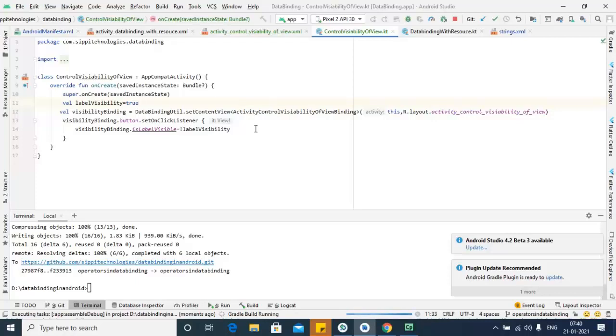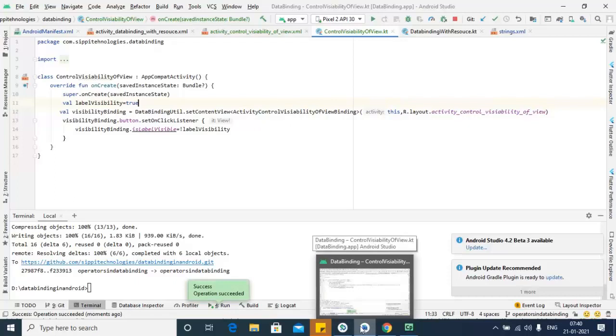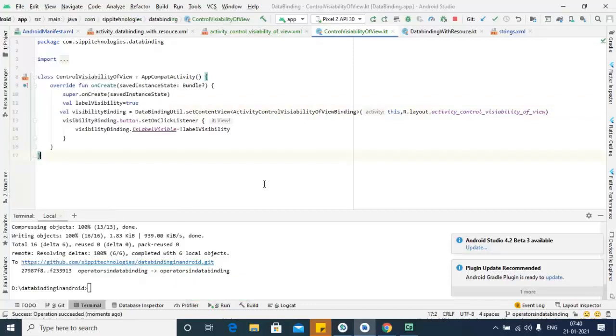If everything is fine, then you are able to see your label visible on button click and hidden on the next button click. So click here. Right now this is not visible,